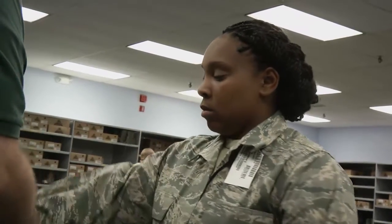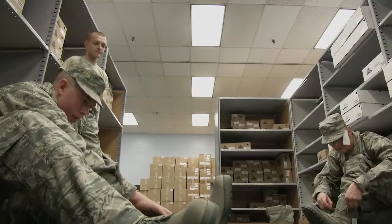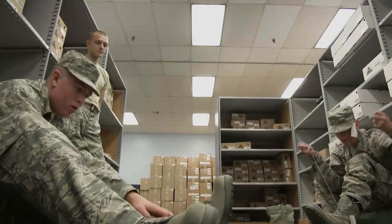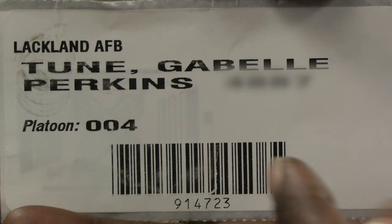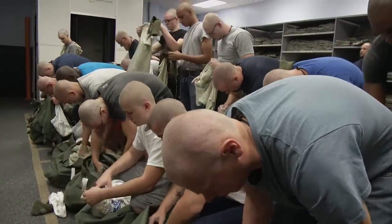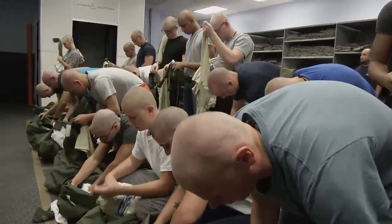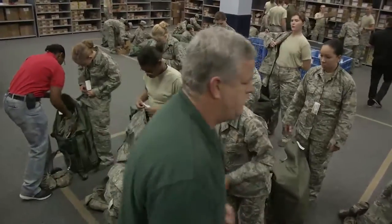Here's how Air Force Clothing Initial Issue uses RFID technology. Trainees are given a personal RFID tag that's attached to their clothing containing their name, flight number, and squadron. This data is printed on the front of the tag and embedded in an antenna on the rear. When trainees visit Air Force Clothing Initial Issue and have collected all the RFID tagged clothing items they need to